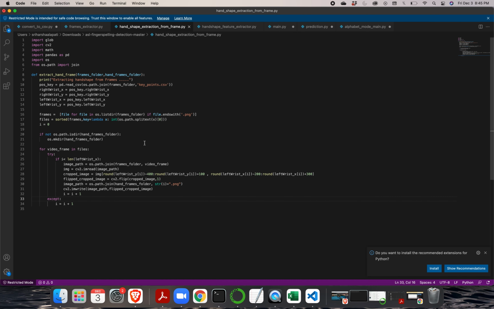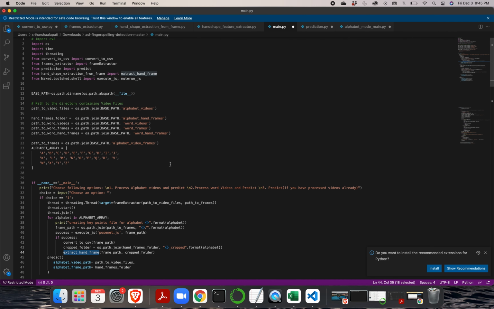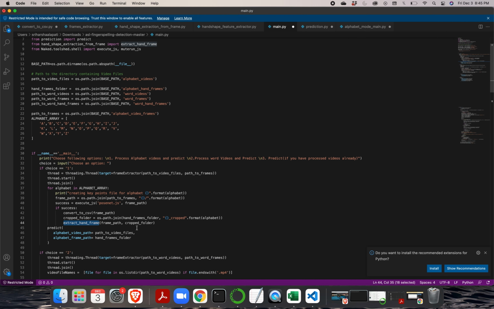So it will take the coordinates and draw the box, and here it will crop the image and write it. For this we have used the OpenCV module, and then we have saved them into a folder, so that it won't need to be run again and again, as it takes a long time.